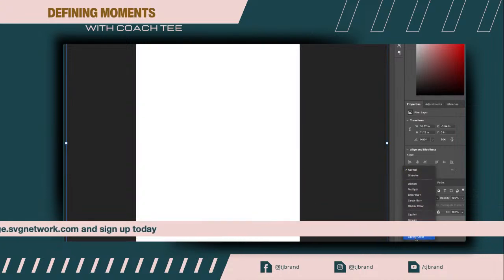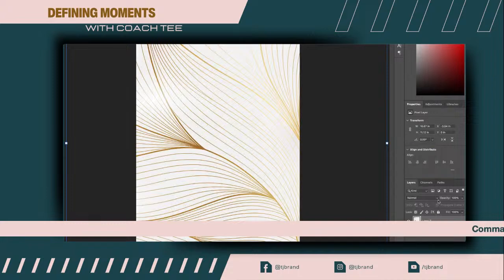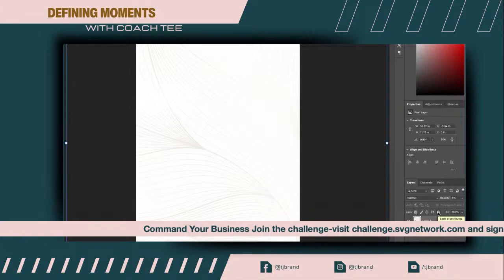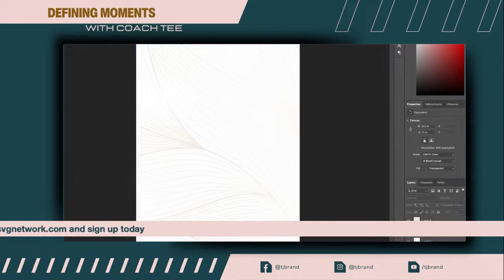And I am going to do a light color again. I want to do light, maybe not. I think I'm going to leave it normal and just bring down the opacity. Okay, so we're going to do normal, we're going to bring down the opacity. Now, because this is an extremely large piece that's on here, we're going to lock this layer, okay? So you're going to go to the top layer on your layers panel, and the little lock button, you're going to click lock, okay? And that's for this background layer that we just did. We're going to create a new layer, bring that layer on the top of that, and we are going to add the logo.